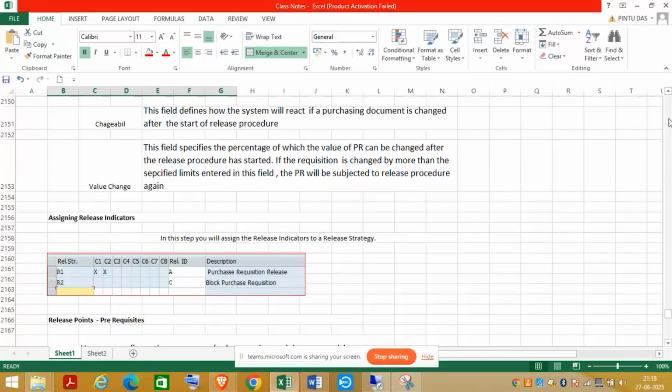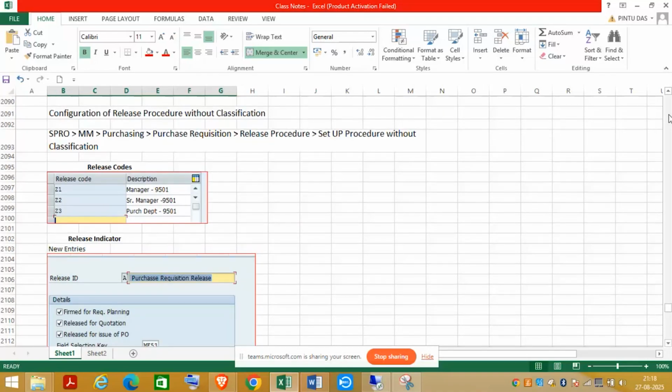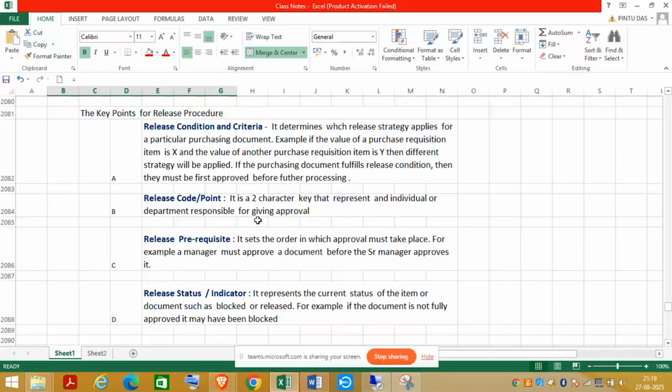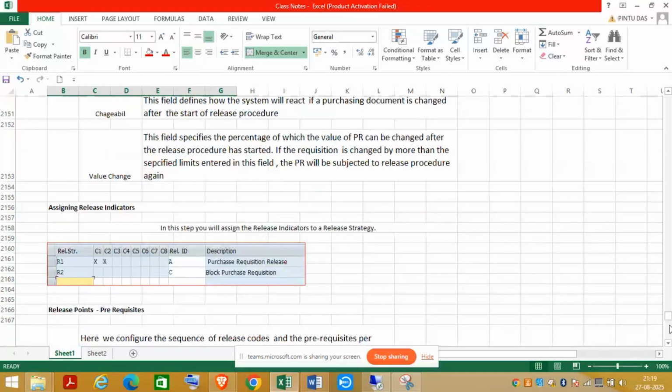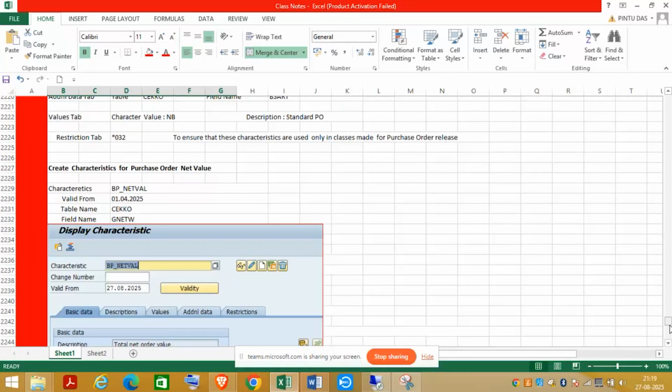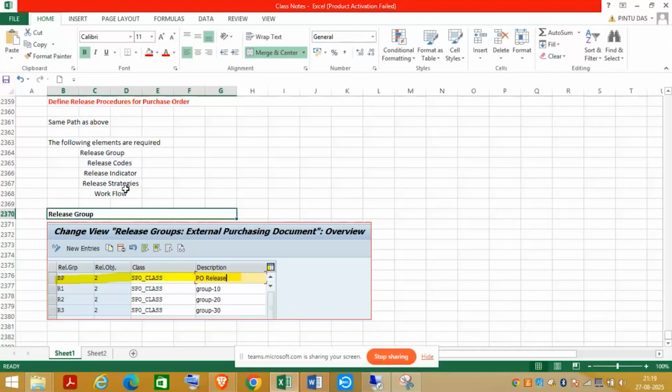It is release strategy for without classification. Oh, I've created this release code Z1, Z2, Z3. Anyway, this is without classification. Release code is a 2-character key that represents an individual or department, right? So this is for without classification, and this one which I created is with classification. I have created the release code. I have given 10, 20. You can give accordingly. You can give the number, right? So this is the